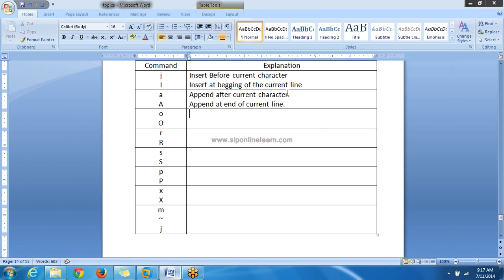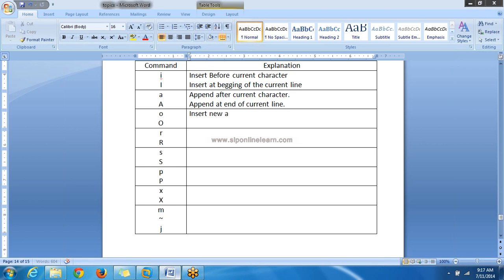Next, small o. This will insert a new line after the cursor position line. Wherever the cursor is positioned, under this line it will insert a new line.